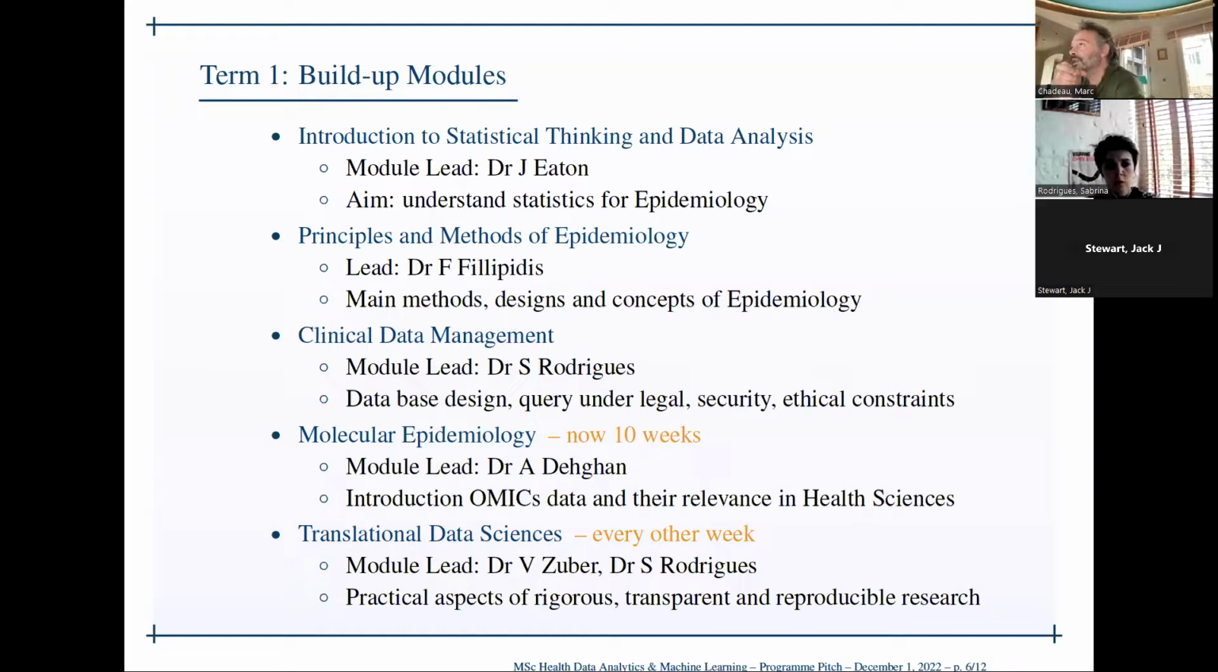Then you first have the introduction to statistical thinking and data analysis, which is led by Jeff Eaton. So that's a module that aims for you to understand the basic statistical concepts that are routinely used in EPI. This is a module that is shared with another program from the school, the Masters in Epidemiology. We have the principles and methods of EPI, which is also common with the MSc in epidemiology, which is led by Philippos Philippidis and Amanda Cross. Sorry, I forgot to add her name on the slide. Where basically the main methods, study designs, and concepts of epidemiology are introduced or rehearsed for those who already know